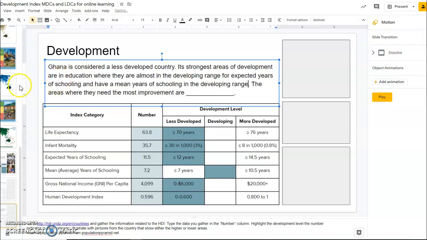The areas where they need the most improvement are, let's see, infant mortality is a little bit above there. This is quite a bit lower. I'm going to say life expectancy. The area where they need the most improvement is life expectancy. Now there's a good chance that the reason their life expectancy is low there